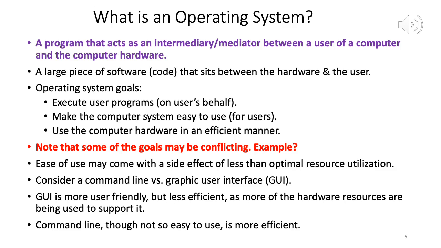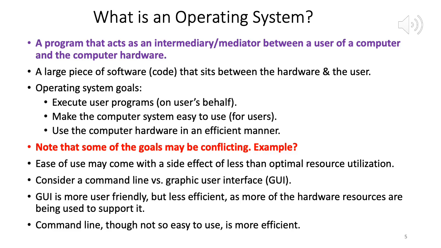So this is from the user's point of view. As we soon see, when a program is executing, a lot of activities are happening. It's a very complex operation. But one of the main goals of an OS is to abstract that, to hide all that complexity from the users. So one of the major goals is to make the computer system as easy as possible to operate.